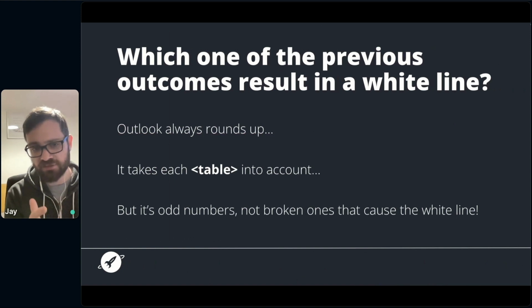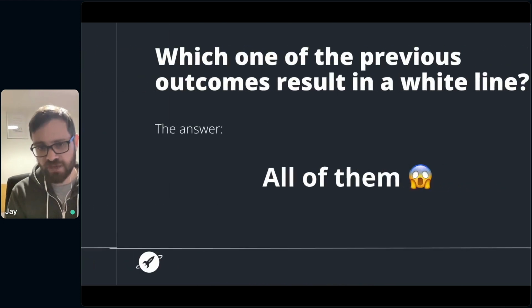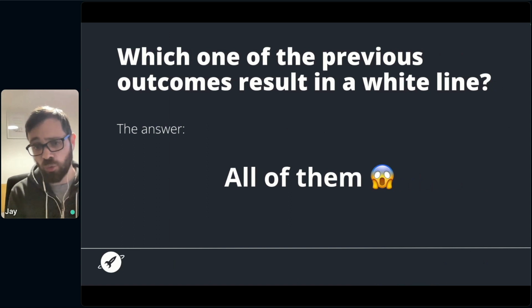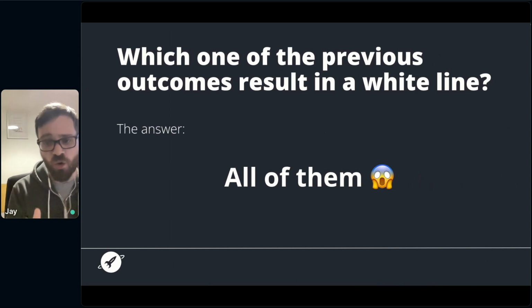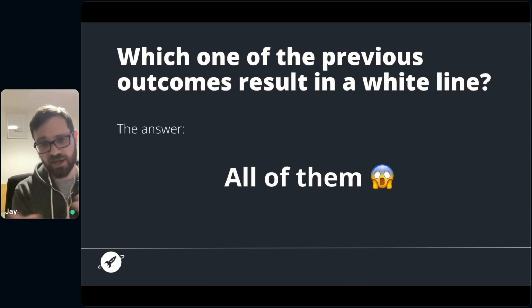And it turned out it's not actually point numbers that's causing it, it's odd numbers. So it's not broken ones that cause the white line, it's odd numbers. So actually the answer was all of them. Depending on how I put them in through the testing that I did through the inbox previews in Parcel, all of them actually created a white line. And that is why